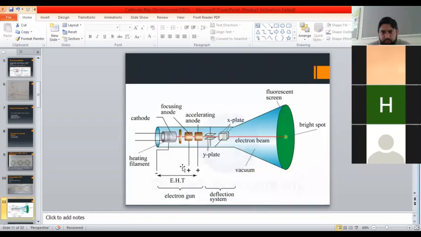This is the 3D view of a CRO. Starting is the electron gun, then we have deflecting system, and then we have the screen. Actually, screen is coated with some fluorescent material. So whenever beam of electrons hit that screen, it produces a bright spot. Like you can see here, that light green bright spot is generated. So wherever the electrons will hit the screen, a bright spot will be seen from the front, from this side. Okay, moving ahead.